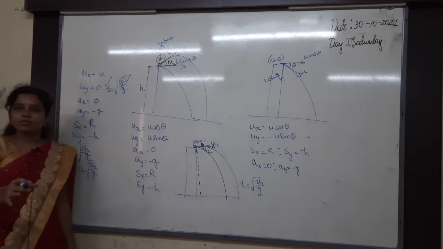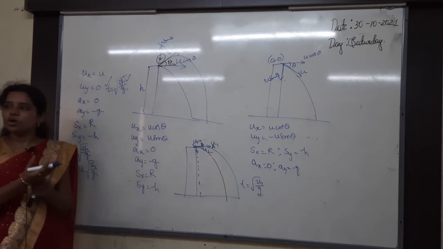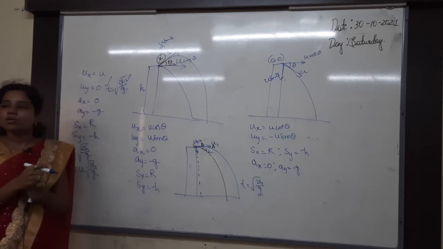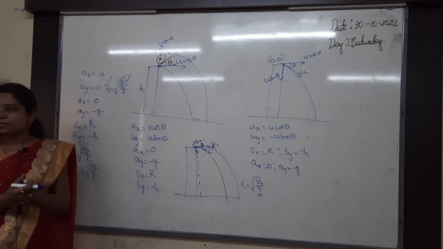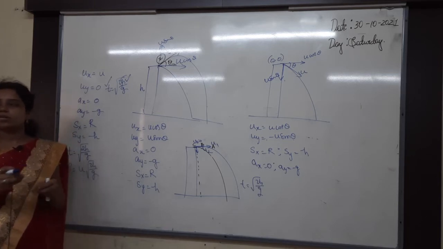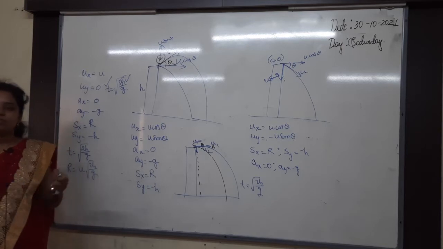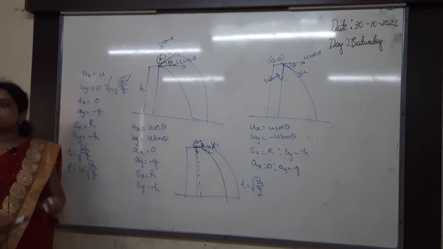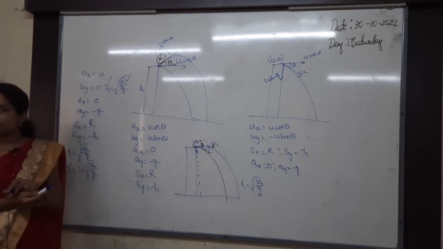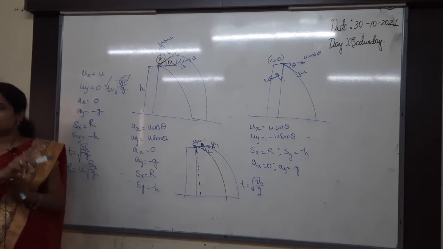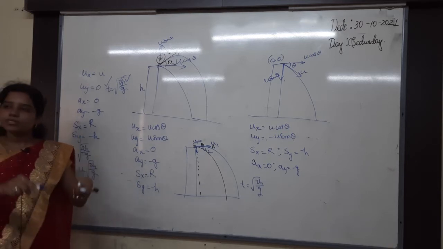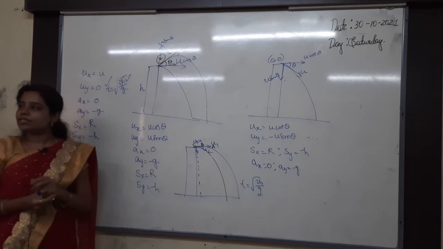If air is there, due to the air, which will move? The cotton ball will move, so it will travel more distance and reach the ground slowly whenever air is there. In the absence of air resistance, what happens? Both will reach at the same time. For example, if I drop this cap and this marker, both will reach at the same time. Both will make the sound at the same time. Why? Because air is absent here, there is no air resistance here. So they purely depend on what? Height only. Both are dropped from the same height, so both reach at the same time.